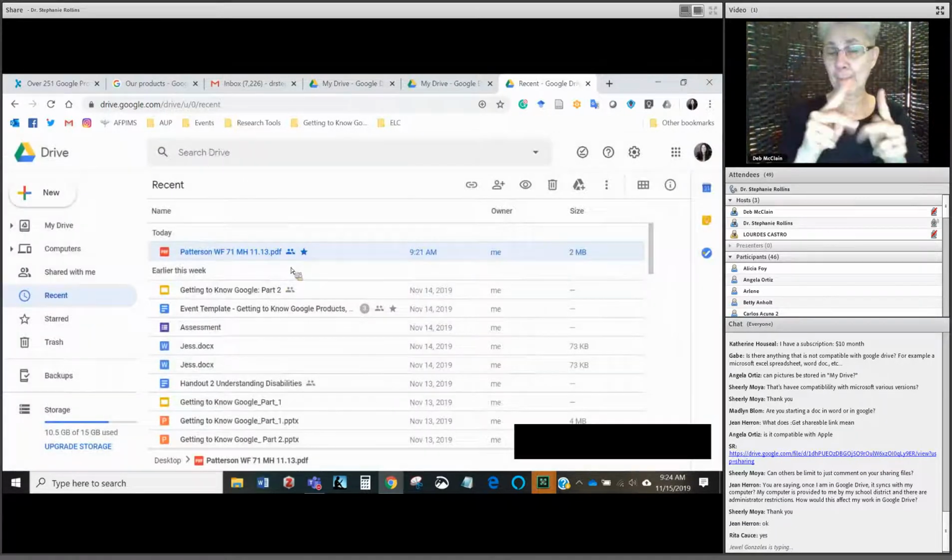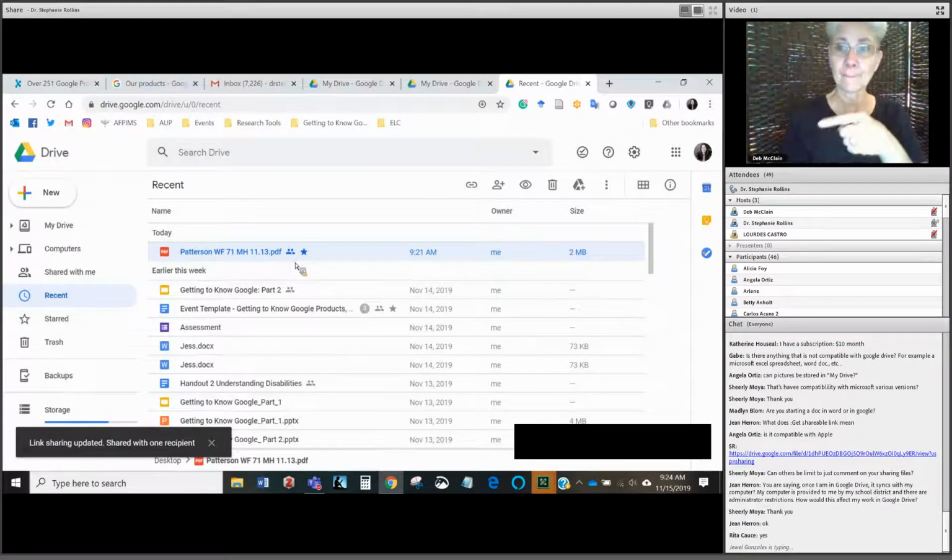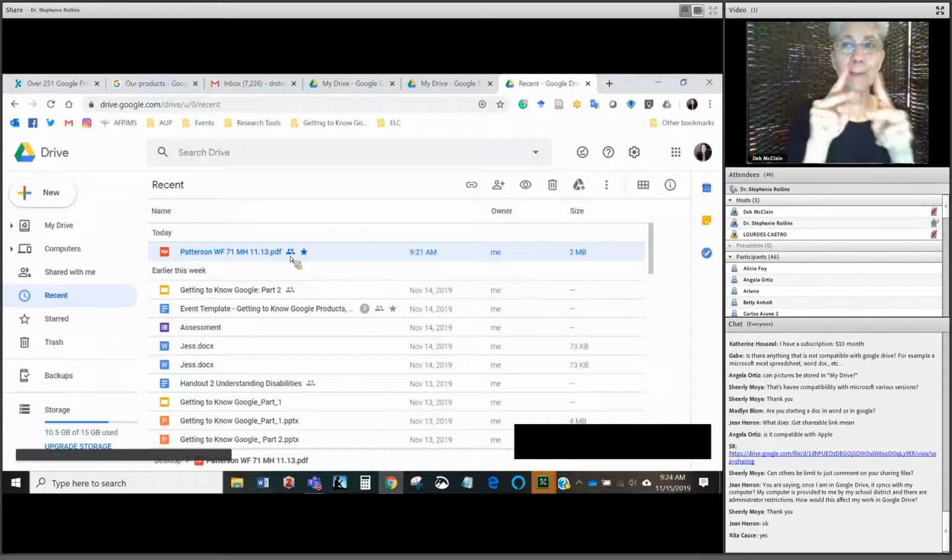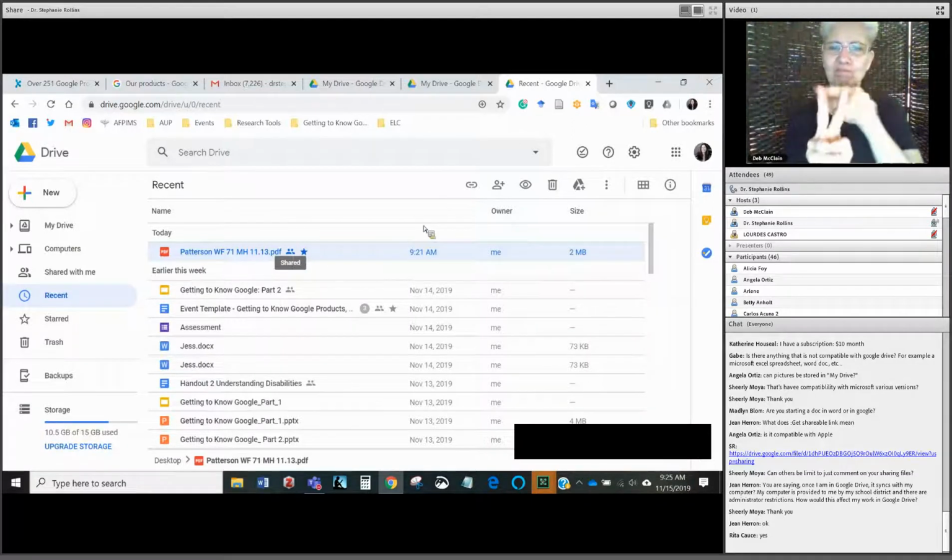And then you'll notice once we sent that, you'll see it's shared because I have the little people here. That's pretty cool. You can tell that it's been shared. Not a real exciting file. This is a paper I'm working on for work. But the other thing too is